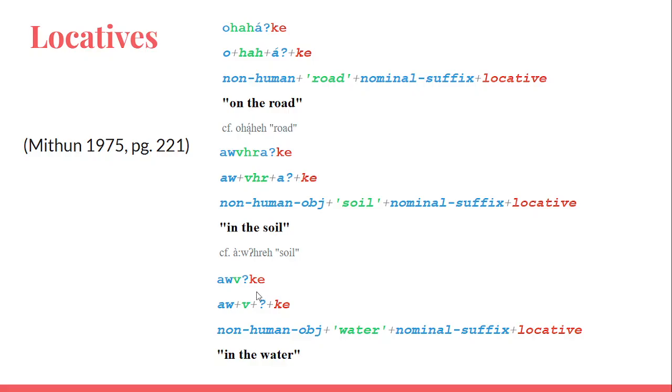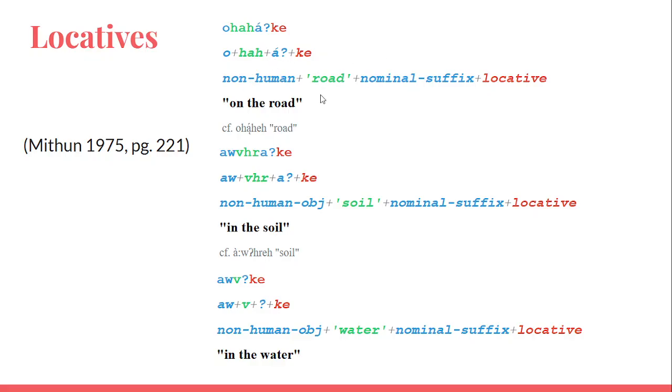But you can kind of tell here too that there's a ke, and I believe, I'm not sure, is this a joiner? Not exactly. Actually, yeah, the is a joiner, because in this example, in the water, there's no ah here because this is a cat in the water. And you can kind of see where they come from as well here.